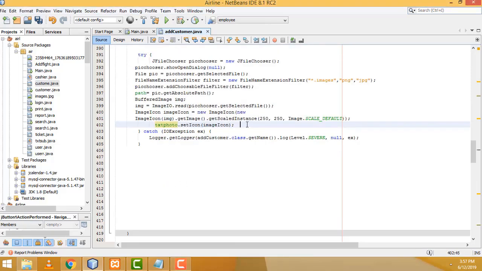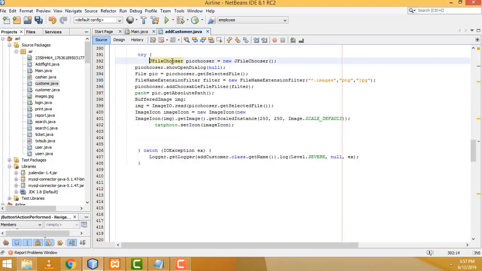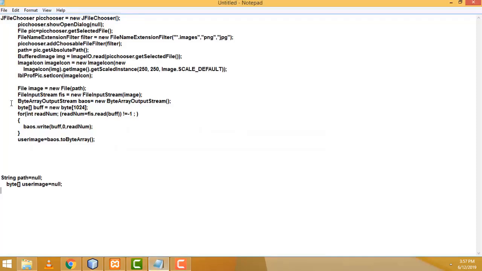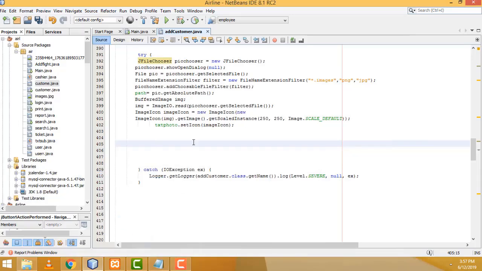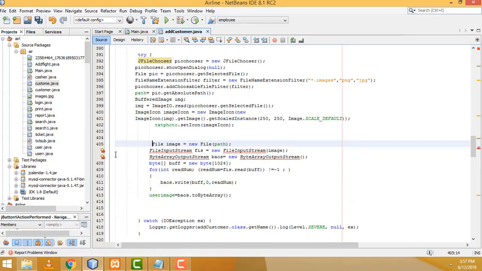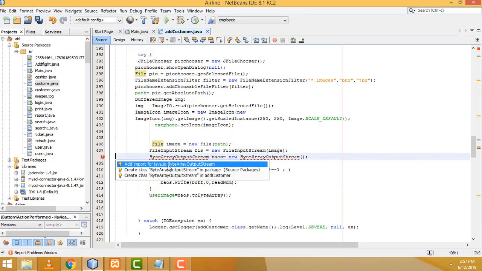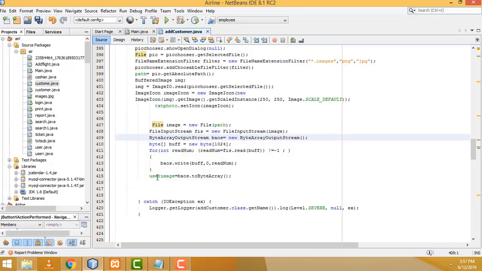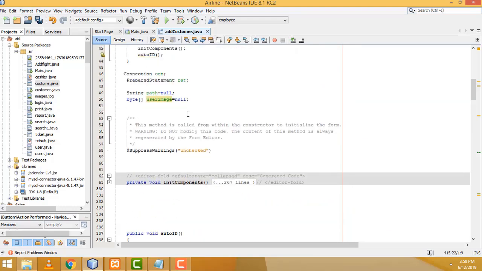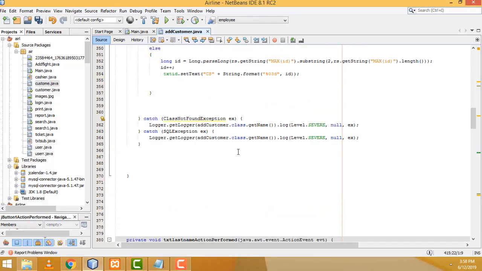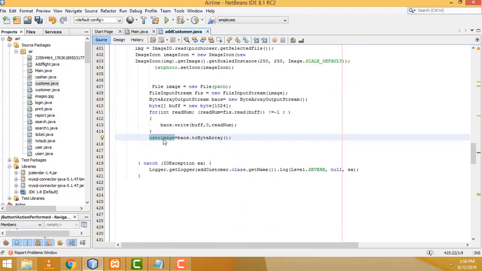Now when you add the image into the database, we have to add another simple line here. I didn't add this one, so Ctrl C to copy, Ctrl V to paste right here. We have to add file input stream and this class byte array output stream right here. The user image I already created above in byte format. When it first returns null, after that here what I am going to do is the user image BOS, meaning the